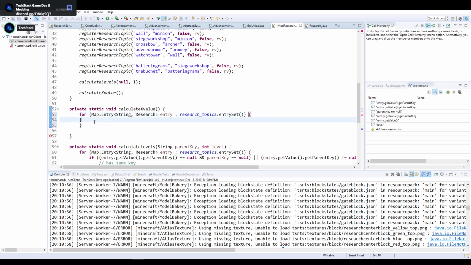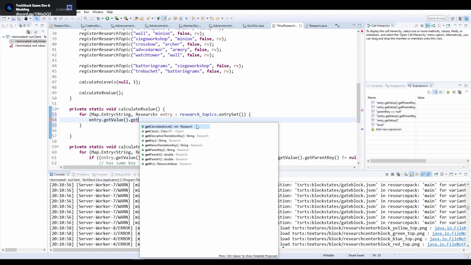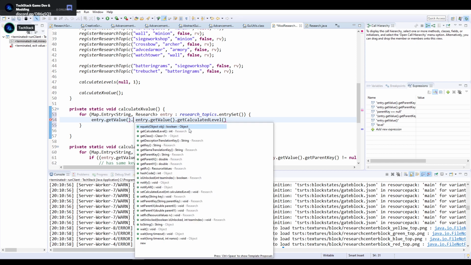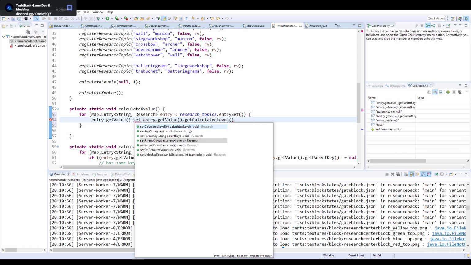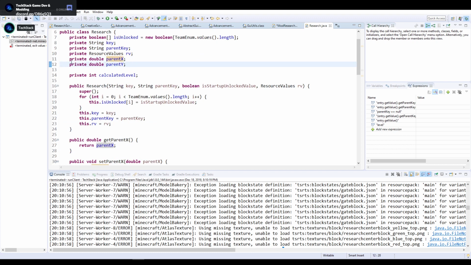And we're going to say for entry set, get the value. And we're going to say get. Did I not create a calculated value on that? Oh, yeah, it was right there. Calculated value. Okay, so we're going to do that. And then we're going to say get the entry value dot set parent X. I think we need to first set our own X. So let's first do that. We're going to create a couple more